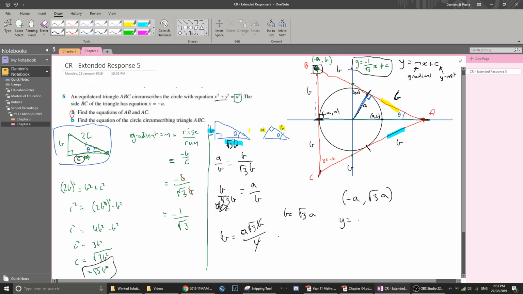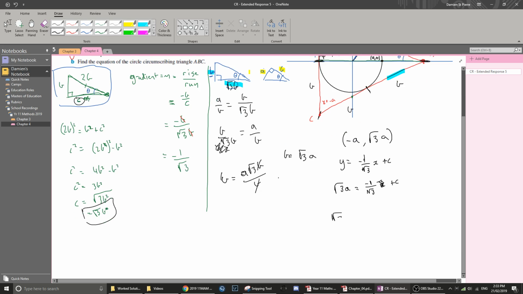So we have y is equal to negative 1 on root 3 x plus C, so I'm going to put in negative A, so you get root 3A is equal to A on root 3 plus C, so C is equal to root 3A minus A on root 3,